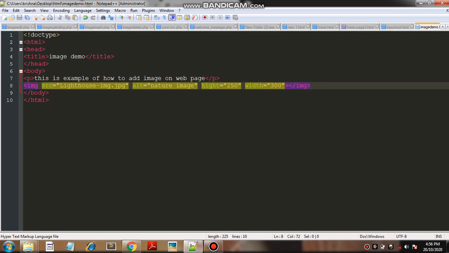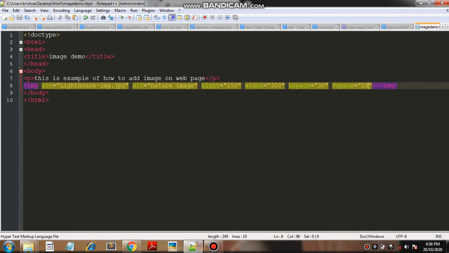Now, giving an hspace and vspace on your image. hspace means horizontal space and vspace means vertical space. So we require the hspace attribute equal to, suppose we take 30, and vspace equal to, in inverted commas, 20.